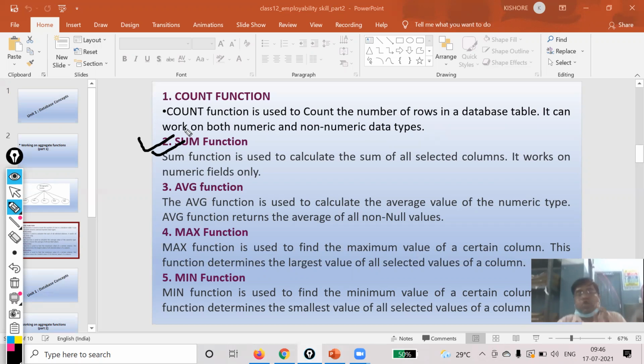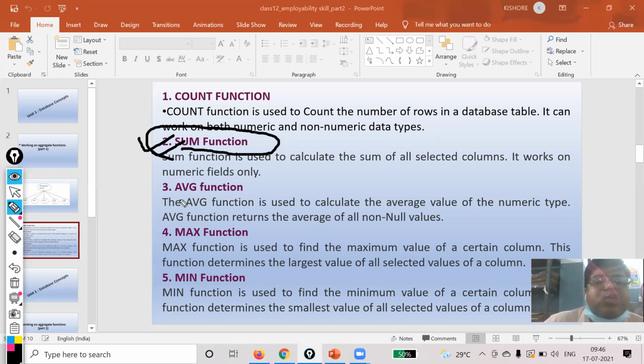After setting the salary of each individual employee, later on I want to know the total salary that I have to pay to all the employees. In that case, this sum function will help me a lot. But somewhere you will see that null is ignored, my dear.